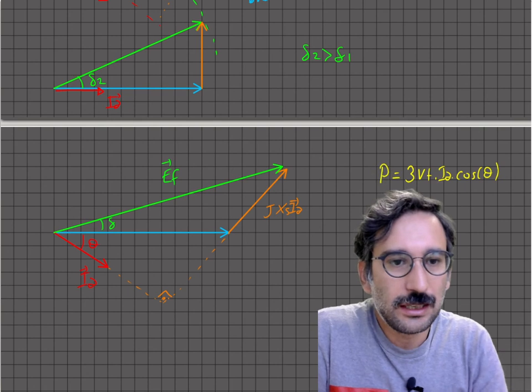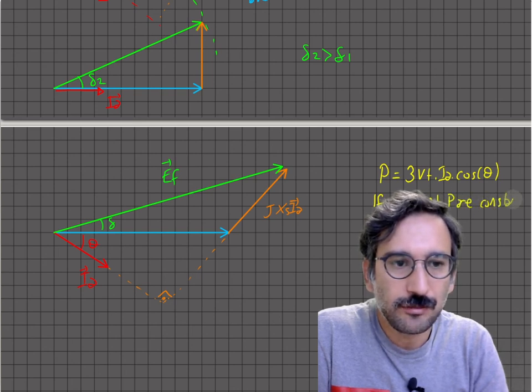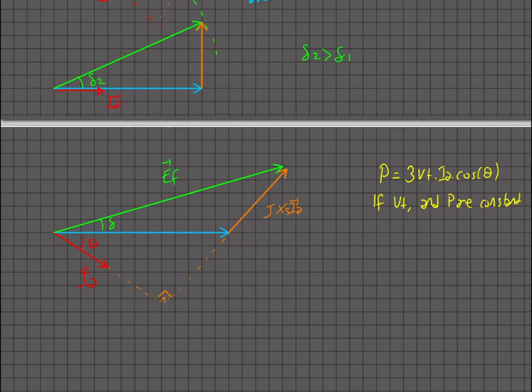And what we say, if Vt and P are constant, I can say Ia cos theta is constant. Okay, so I can write Ia cos theta is constant. So what is that thing equal to